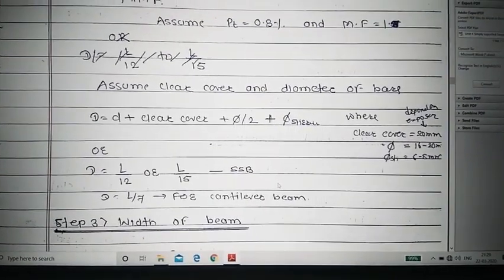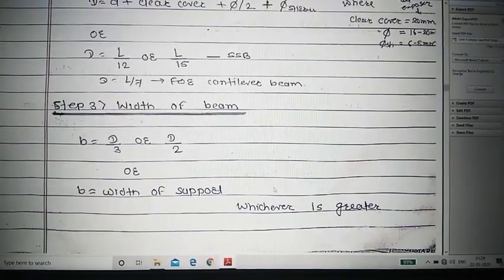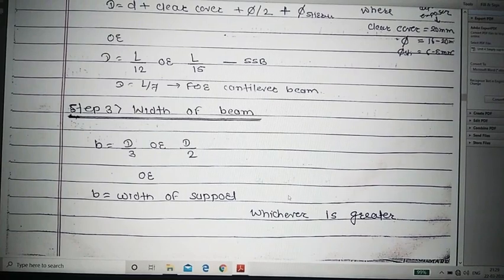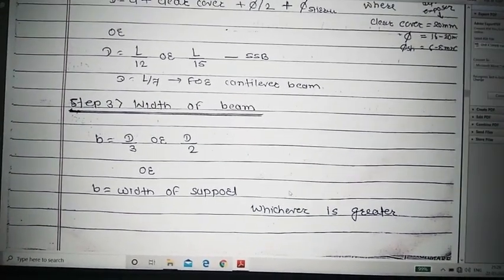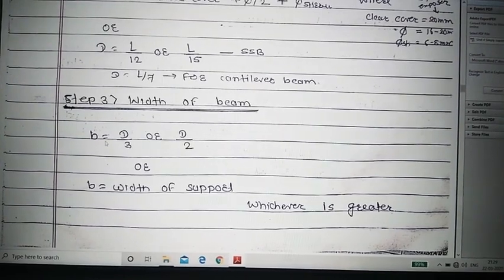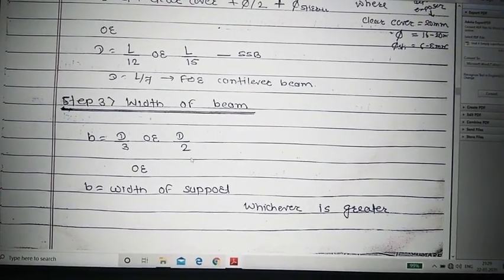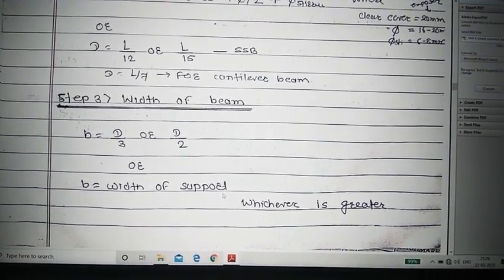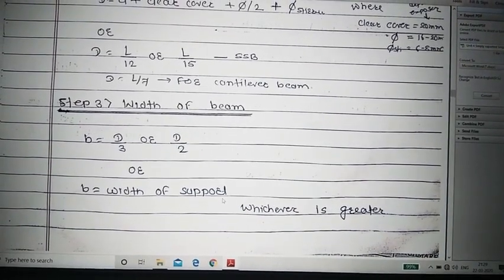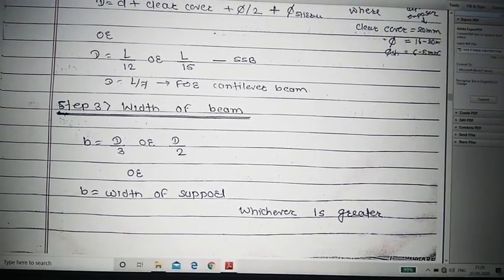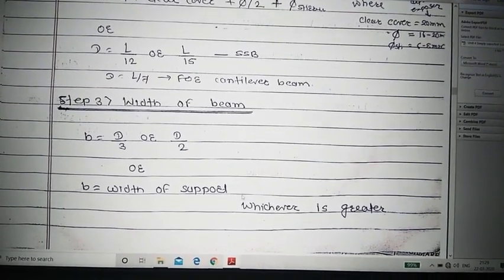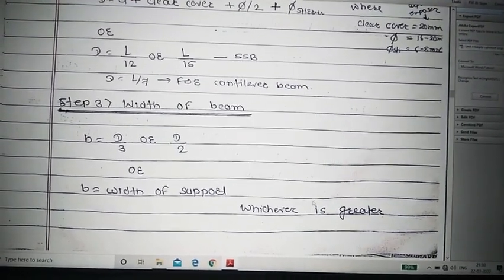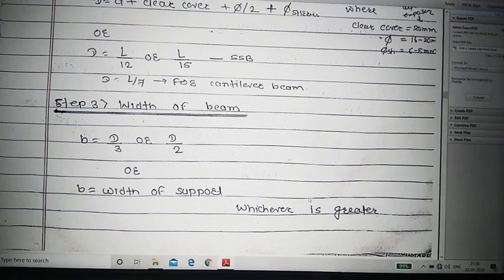Okay, once you calculate the overall depth, then the next step is to calculate the effective depth and width of beam. So we know that if the width to depth ratio is near about 1.5 to 2, so approximately you can calculate the width as D by 3 or D by 2 by using these two formulae. Or second, b equals width of support. We know that the support is either a wall or a secondary beam. You can consider the width of support as 230 mm. So by using these two formulae, first calculate the width of beam and then consider the greater value for the width